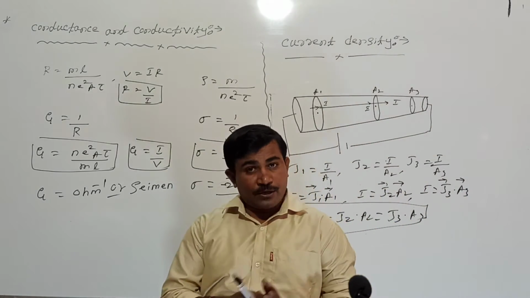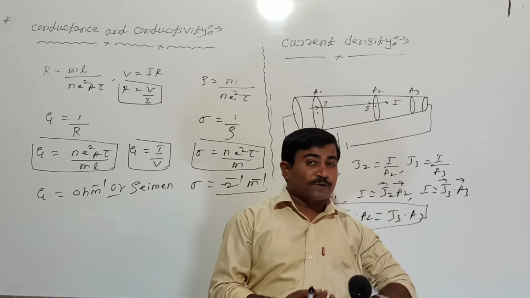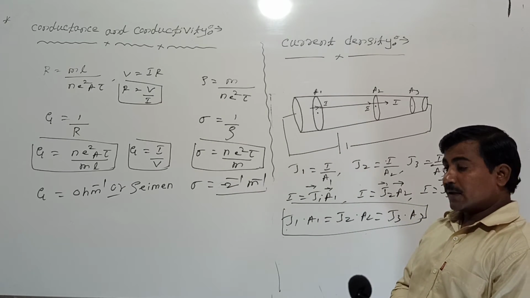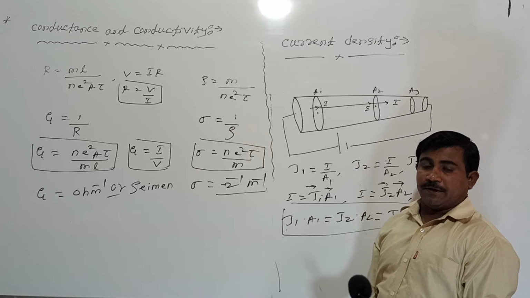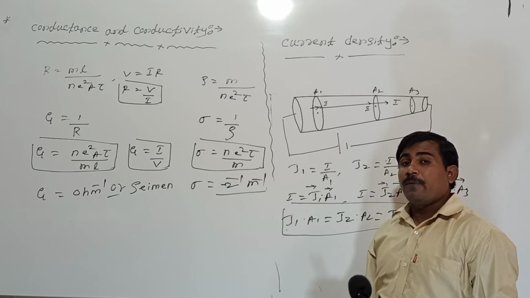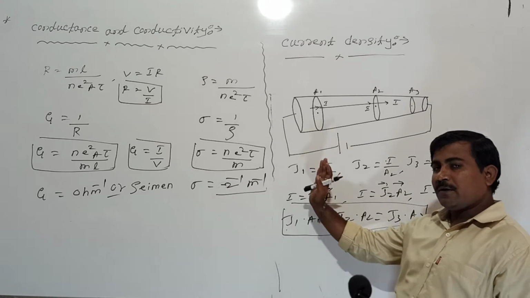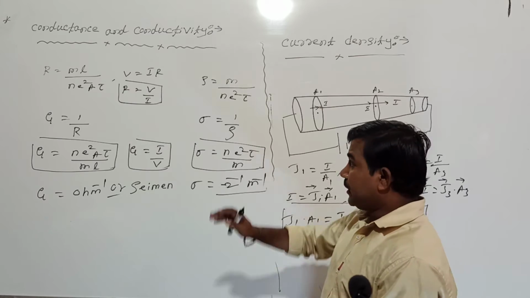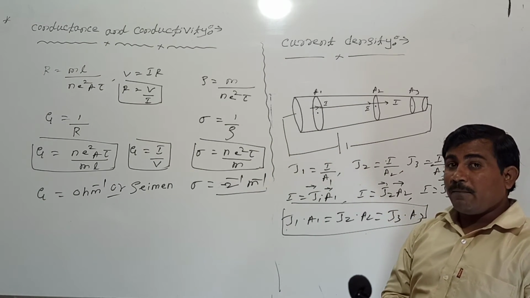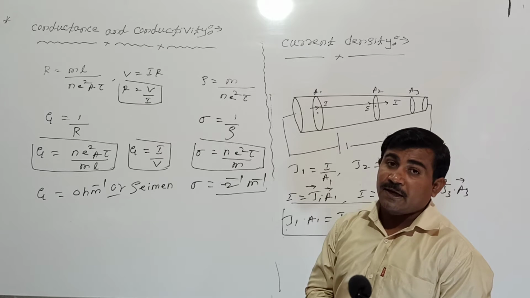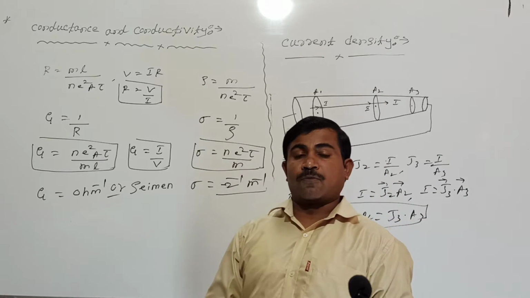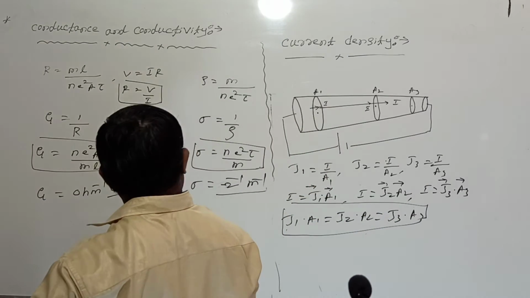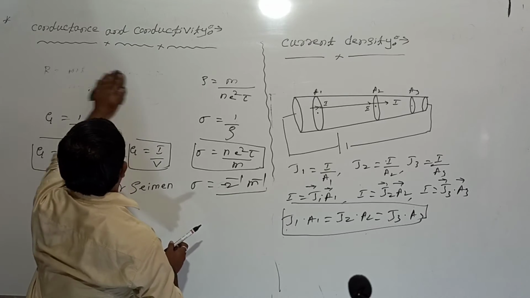Students, we know that current density is a microscopic quantity and it is defined as current per unit area in the conductor. And current density is a vector quantity. Along with it, the SI unit of current density is ampere per meter square. By noting all these points, you can make the difference between current and current density. How to make the difference between current and current density? That we'll see.